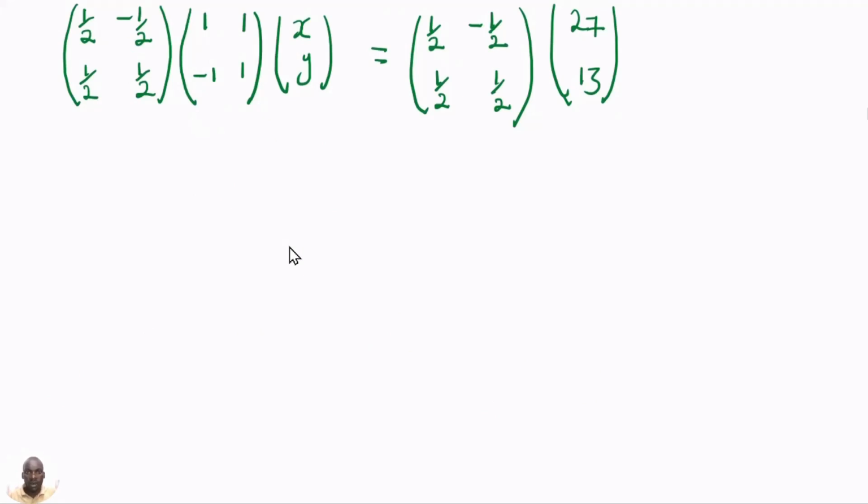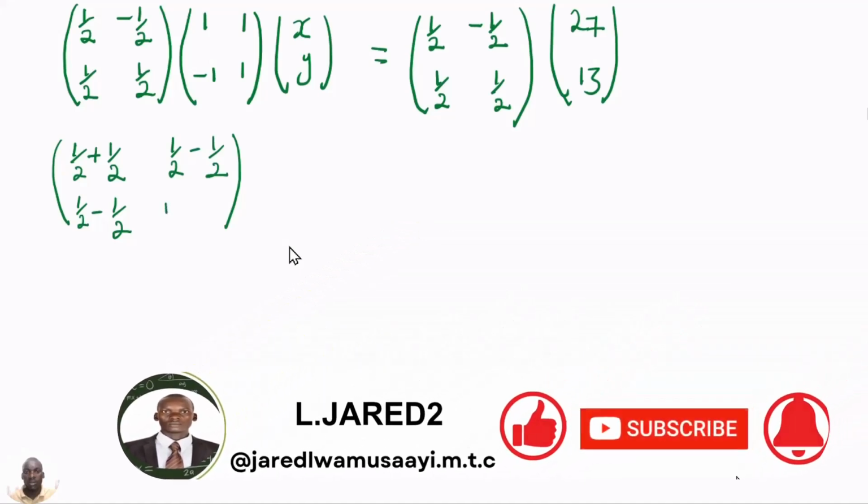So in here we have a half multiplied by 1 to give us the half, plus then negative a half multiplied by negative 1 to give us the positive a half. Then we have a half multiplied by 1 to give us the half. Then negative a half multiplied by 1 to give us negative a half. Then a half multiplied by 1 to give us the half. Then minus the half. A half multiplied by 1 to give us a half. Then a half multiplied by 1, we have plus now a half into the xy equals to,